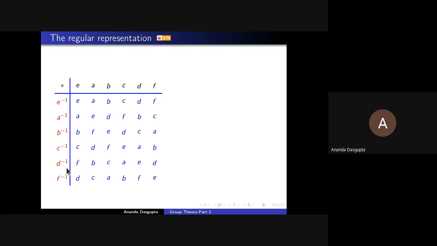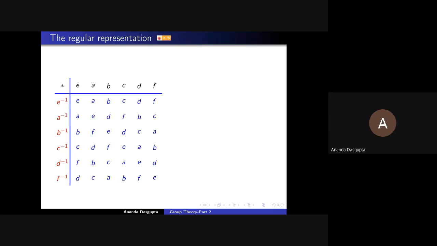Now the job is simple. Can you spot one thing? What has happened to the E in the table now? The principal diagonal is all E, right? It has to be, because that's exactly how we changed the labels: E inverse, A inverse, so all the inverses are sitting on this side. So the principal diagonal has to be all E's. And now the rule that we just stated simply becomes this. If you want to find the regular representation matrix for a particular group element, all you do is look up this table. Wherever that element occurs, put a 1. Wherever it doesn't occur, put a 0.